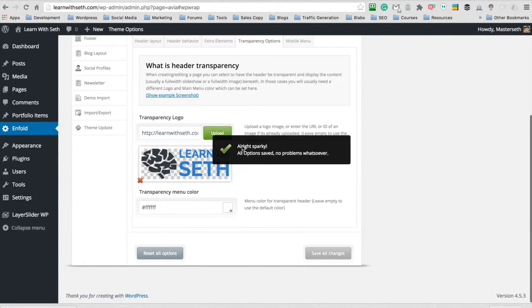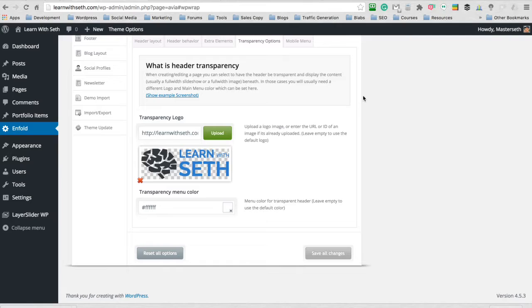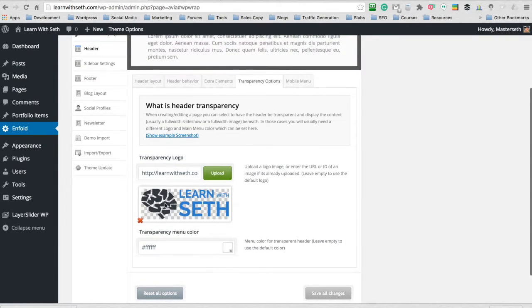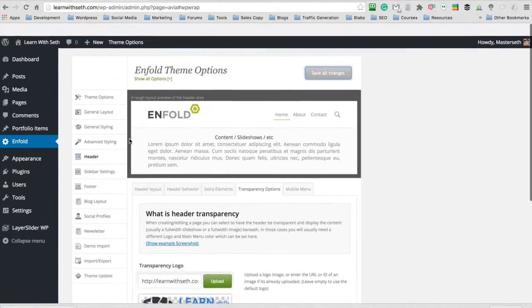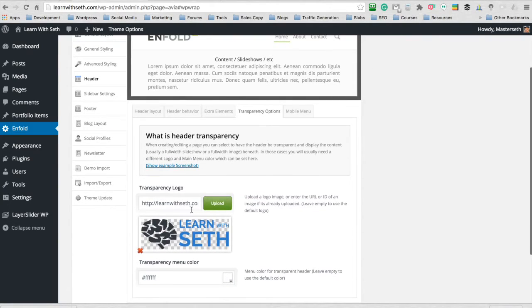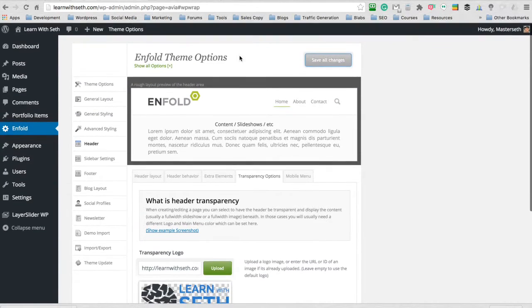Now, having the transparent header and the transparent logo, or different style logo, I should say, for the transparent header, is definitely possible. And so if you want like a white background then you want to go with like dark colors for your logo. But if you have a black background, then you want to go with light colors for your logo. And that's where the transparent logo actually will work really well. But for this example, we're just going to insert the logo on both the transparent header and the regular style